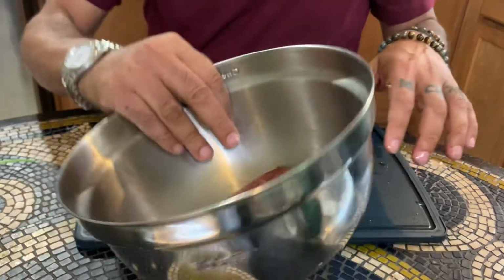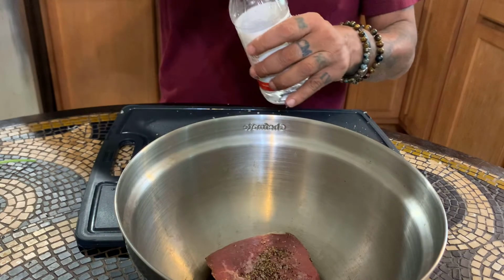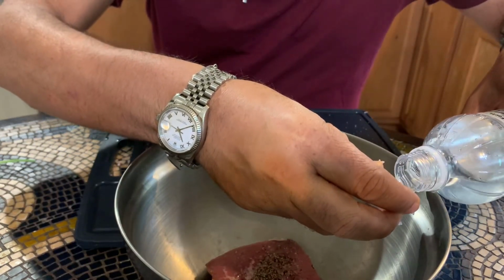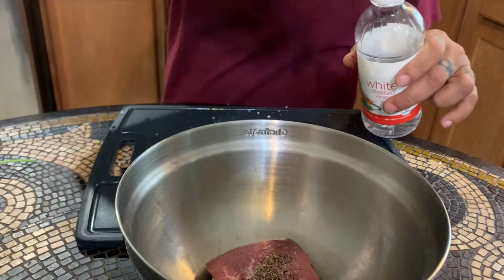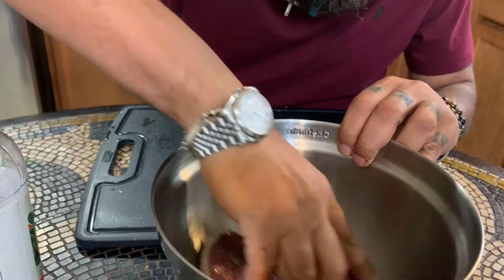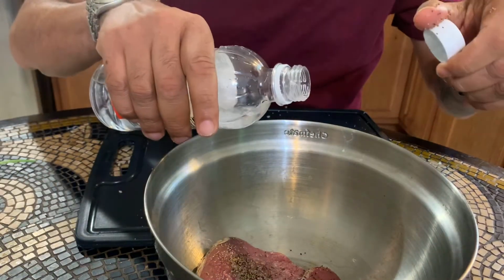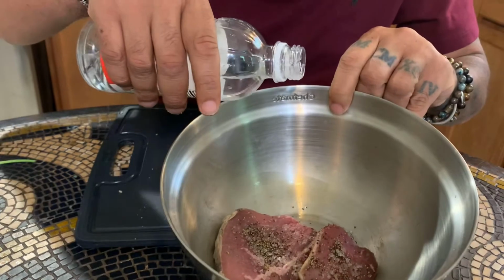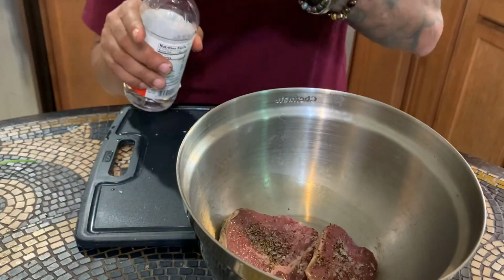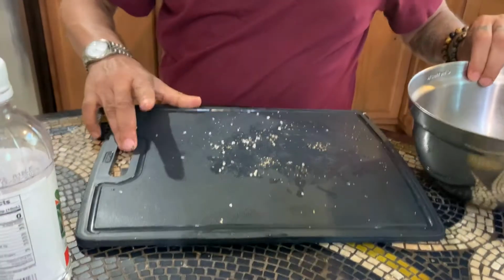And what I'm going to do here, I'm going to add a little bit of vinegar. Not much, just a tiny bit. Then I'm going to mix it up. Just a tiny bit. When I drop it, I don't drop it on top of the steak, I drop it on the side. And then I'm going to